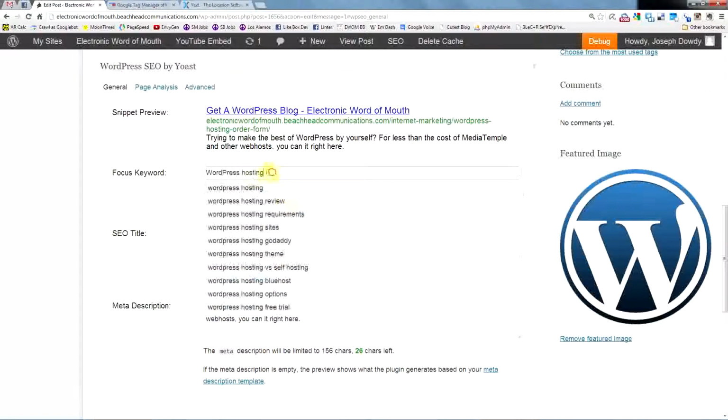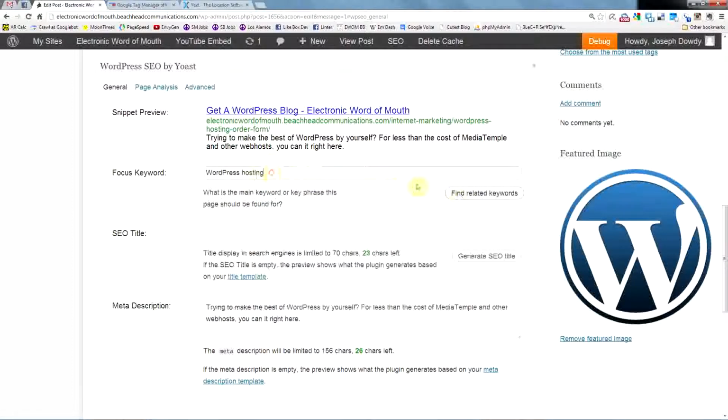That's going to be my keyword. Now, this tool offers different suggestions for me, so that rather than just using WordPress hosting, I may want to use something more specific, such as WordPress hosting sites, WordPress hosting versus self-hosting, WordPress hosting for Bluehost, WordPress hosting options, etc. So these are nice little tools here in this plugin that allow me to consider different keywords that